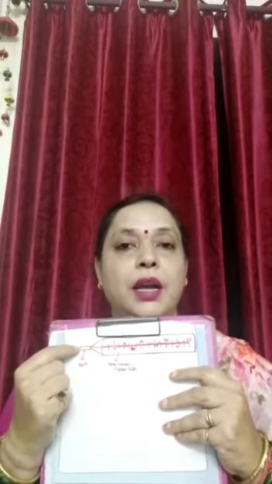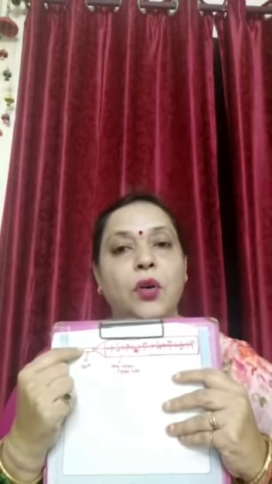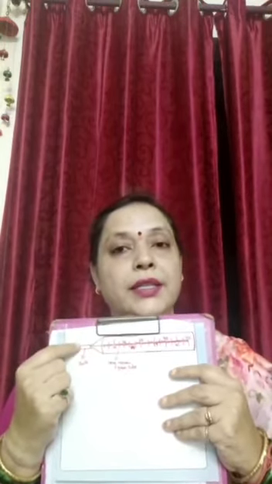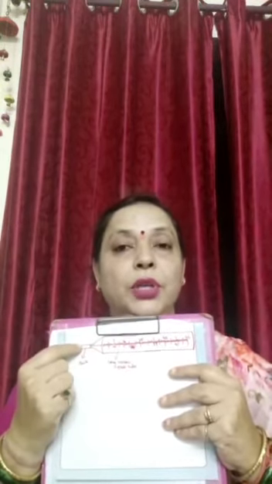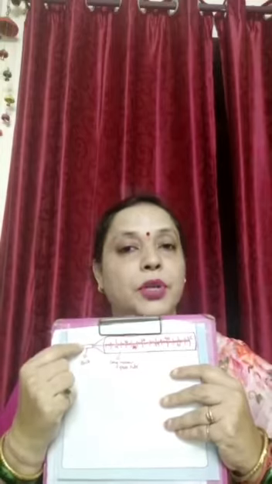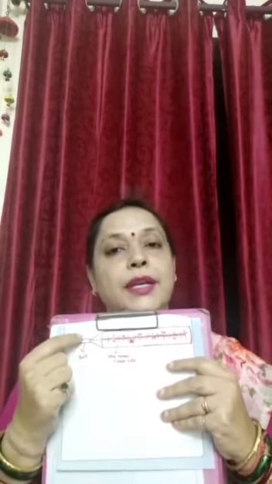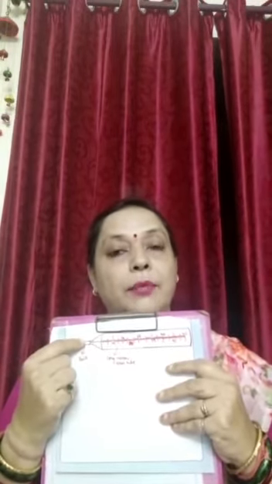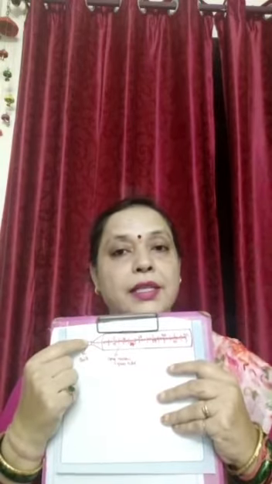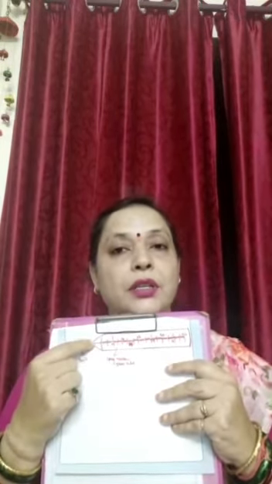What happens? This bulb is in contact with the tongue or under the arm. It gets heated up. That means the mercury inside this bulb gets heated up, and what happens? It expands. As it expands, it rises up and moves to a certain level, and then it stops. Then we can take it out and we can read the temperature.